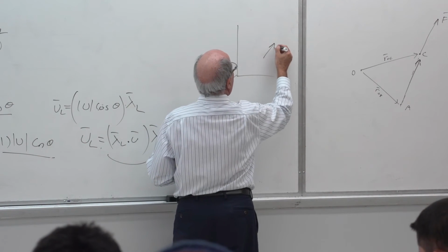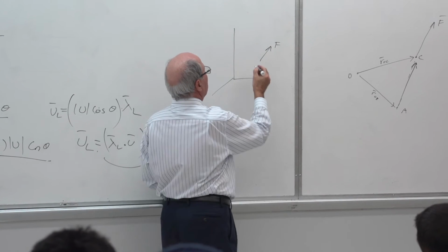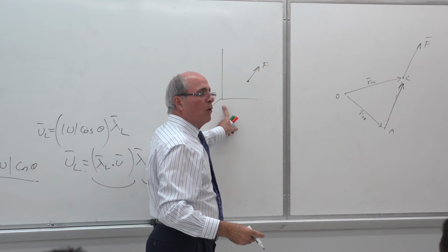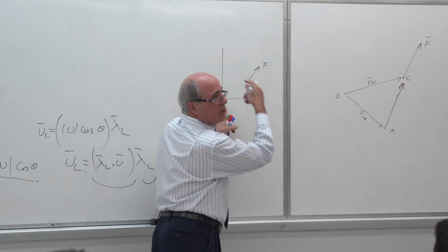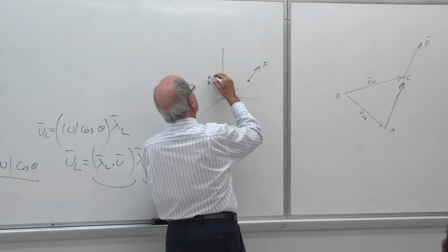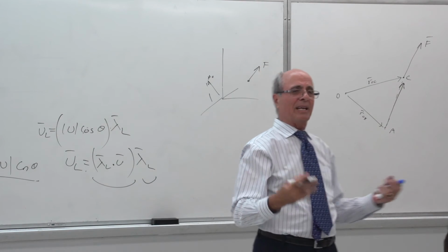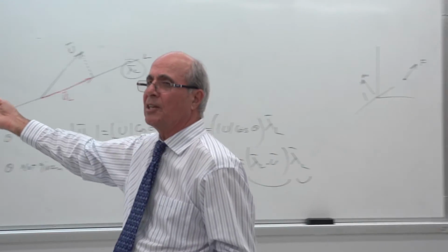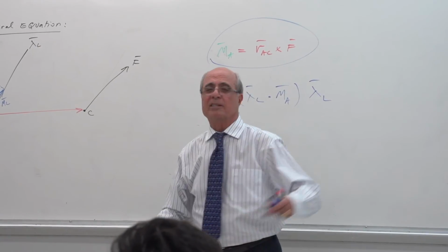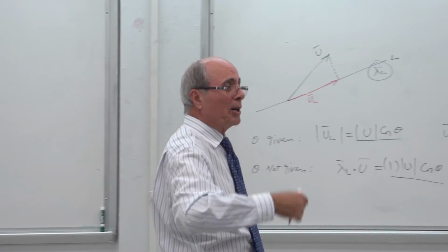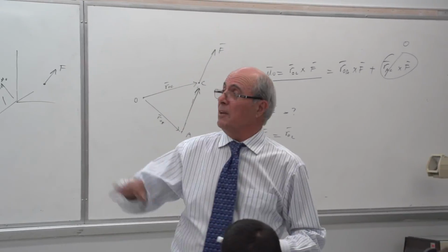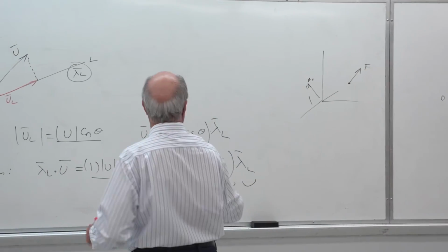This is what I said. I said, this is the force. No, you don't have to write this. This is in your notes. Take the moment of that about the z-axis. Yes or no? What's my point? My point should be O, because O is not even on the z-axis, it is on the x-axis and then y. Then I take that force moment that comes here and project it over there. Is that correct? And that's exactly what we do without you realizing. I take the moment about O, and find the moment about the x-axis, y-axis, and z-axis, because that's the projection of that moment. However, if it is in general, then I use this method, which is the following.